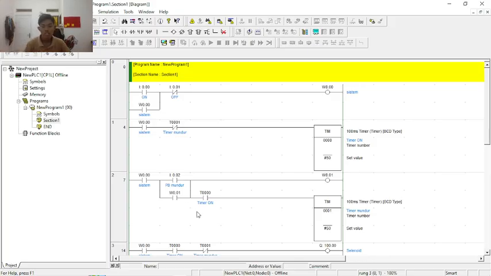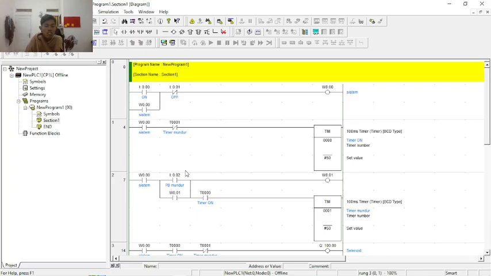This includes using TON on delay timer, TOF off delay timer, and pulse timer. The first rung uses the push button as an input, and the cylinder actuator is the output coil.